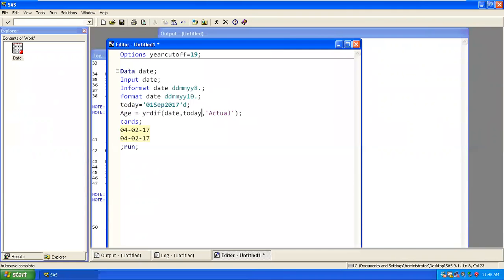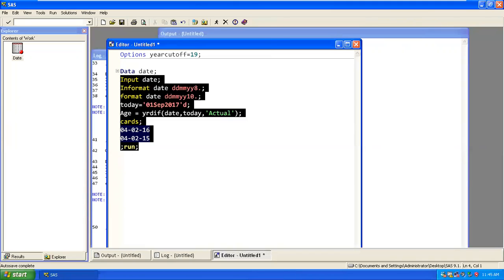So okay, I can change it to 16. Now we'll try to execute, see what output comes, and then I'll explain the differences.